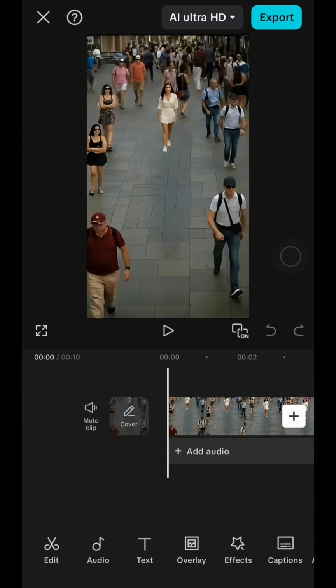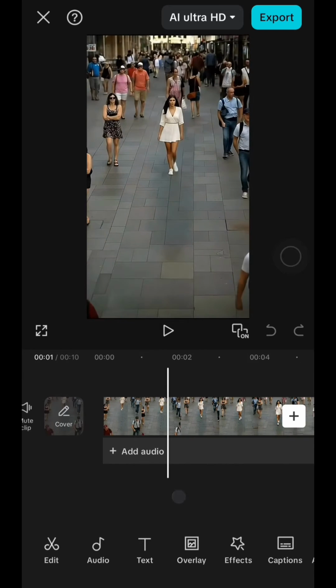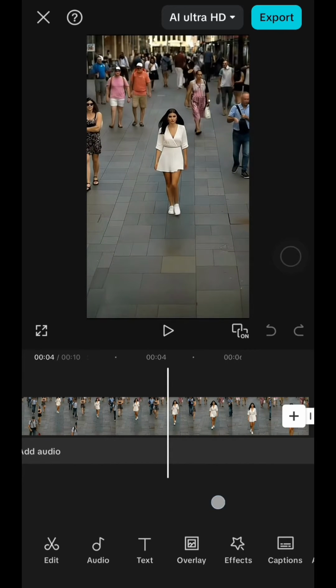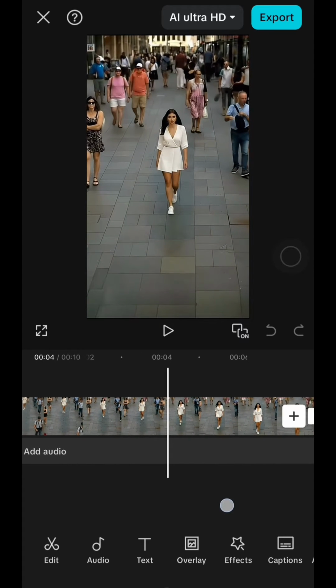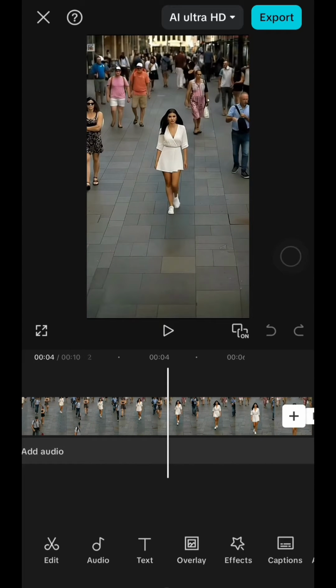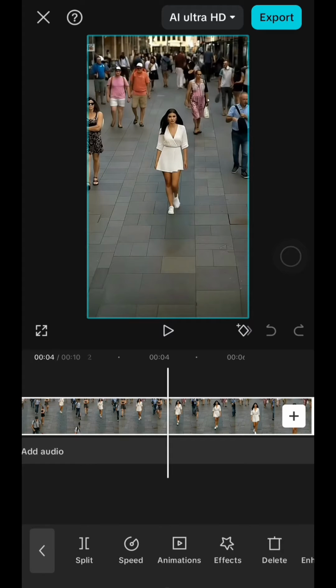Next, just choose the part of the video where you want the time to stop. Like I'm going to use this part, and then just click on it and add keyframe to mark this. After that, just take a screenshot of this frame